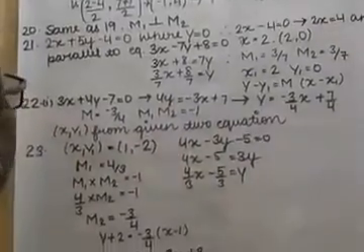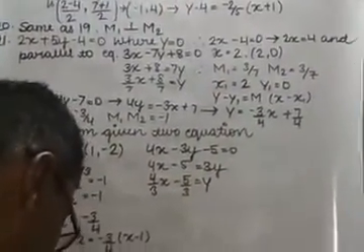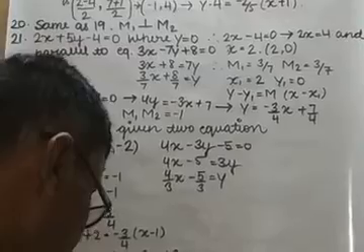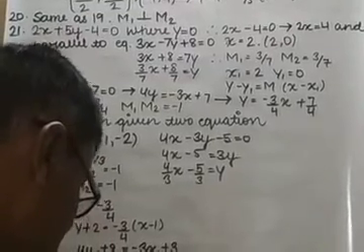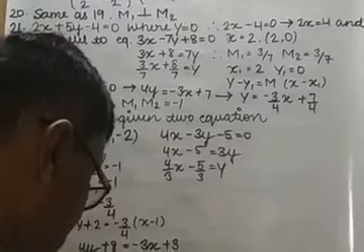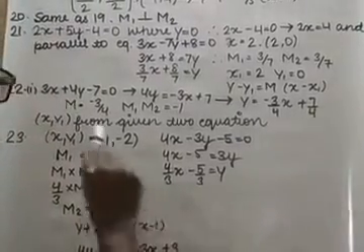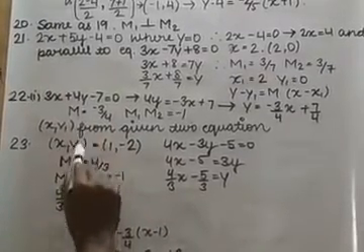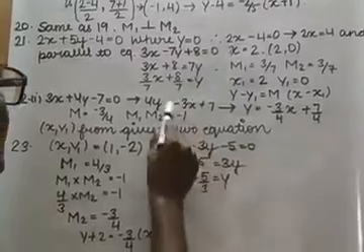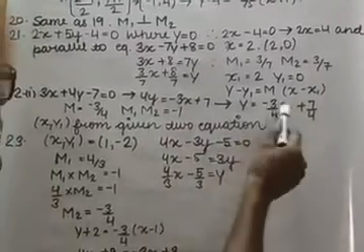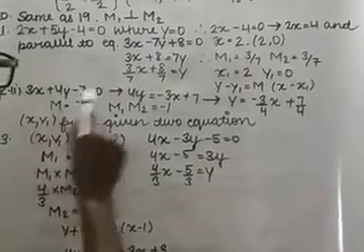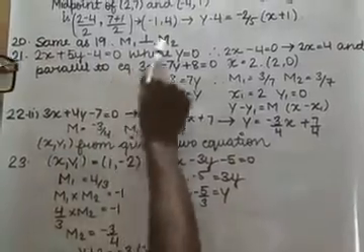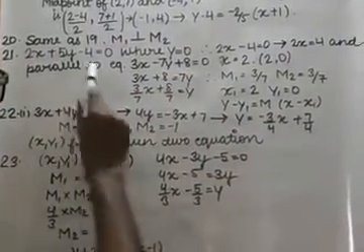In question number 21, we have to find the equation of the straight line passing through the intersection of 2x plus 5y minus 4 is equal to 0 with the x-axis and parallel to the line 3x minus 7y plus 8 is equal to 0. As you know that it is an x-intercept, what I have done is make this equation 4y is equal to minus 3x plus 7. First of all I have calculated the value of m, which is minus 3 by 4. The line 2x plus 5y minus 4 is 0 where y is equal to 0, and it is parallel to this equation.